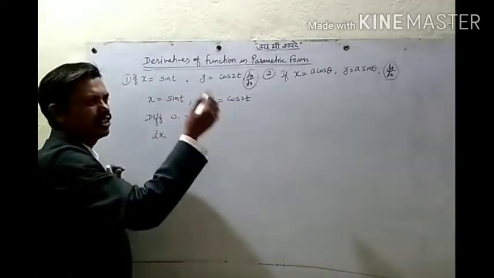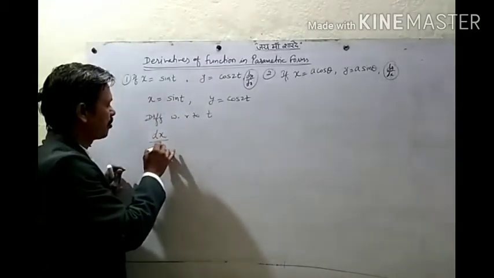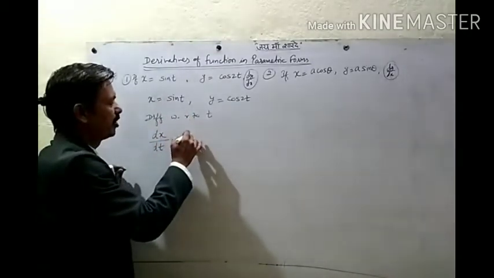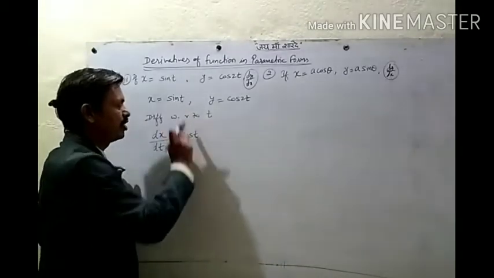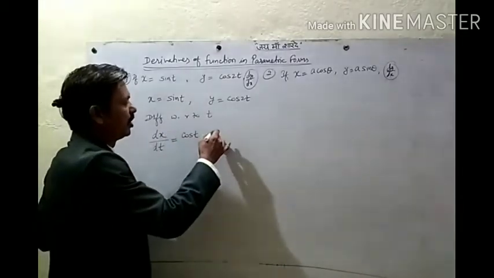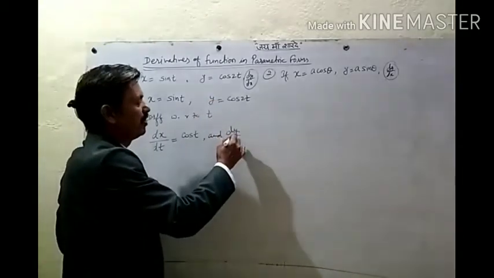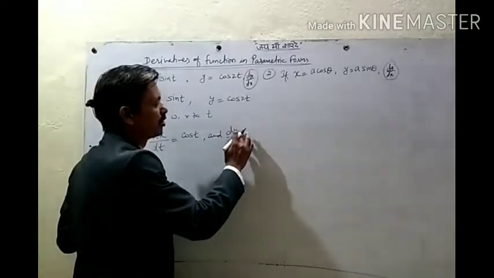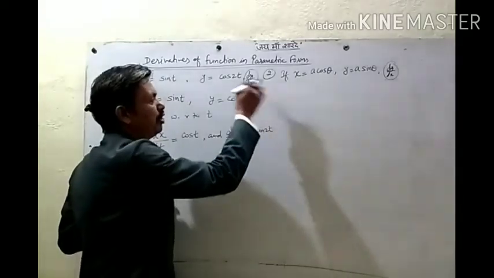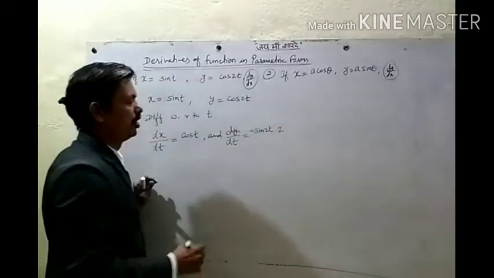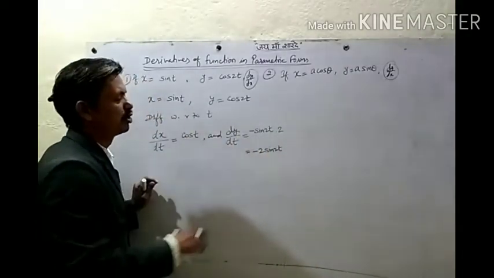Till now we were writing dy by dx, but don't always write dy by dx. We want to differentiate x with respect to t. So now dx by dt. So derivative of sin t will be cos t. We are differentiating with respect to t only, so this differentiation is over. Okay? Then dy by dt. Again we want to differentiate y with respect to t only. So dy by dt is equal to derivative of cos 2t, which will be minus sin 2t, and 2t again we will differentiate by chain rule. We get 2, means minus 2 sin 2t. This is the derivative of y with respect to t.